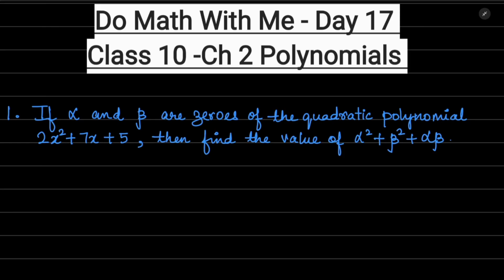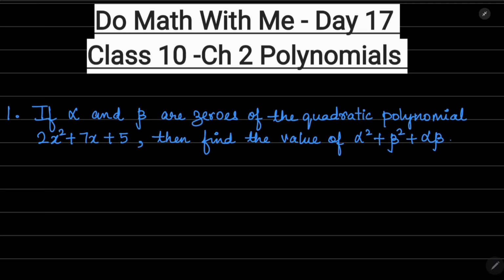So let's get started. The first question for the day is, if alpha and beta are the zeros of the quadratic polynomial 2x square plus 7x plus 5, then find the value of alpha square plus beta square plus alpha beta is the question. The minute you see this sentence, right, alpha, beta are the zeros of the quadratic polynomial,